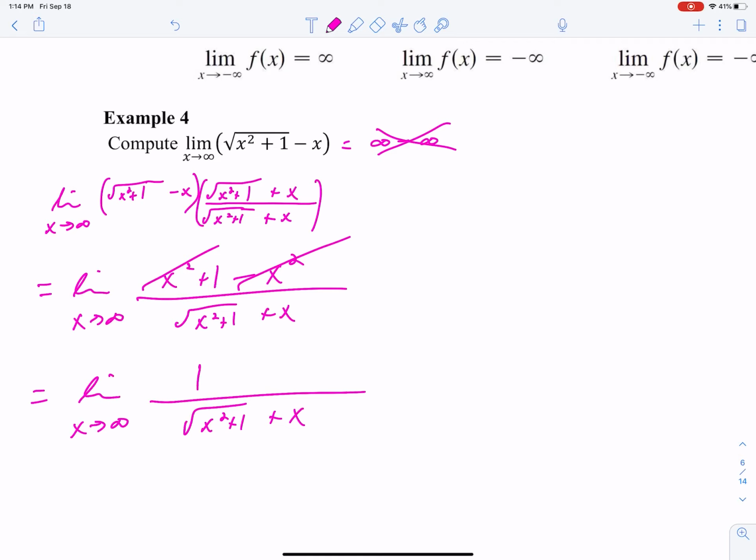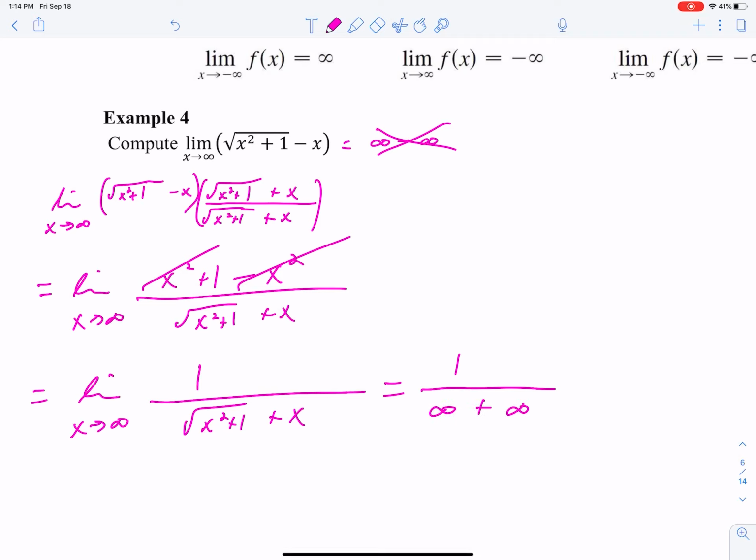Okay, so we ask ourselves, do we have a polynomial or rational function? So we have a rational function. Can we plug in infinity? Is it in the domain? Well, let's see. If we, in air quotes again, plug in infinity here and here, both of these values get large. In other words, and though this is not proper notation, it's just to illustrate what's happening, we get infinity plus